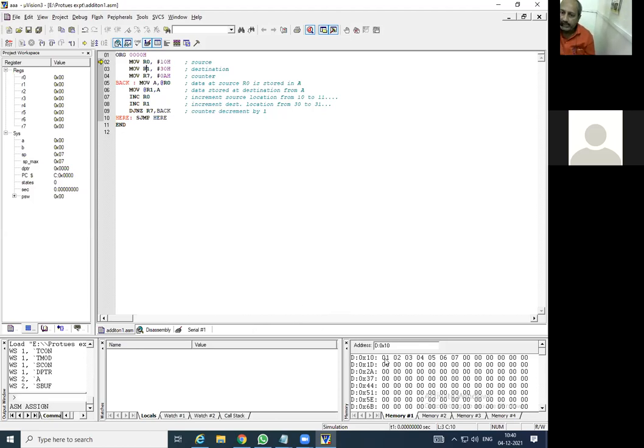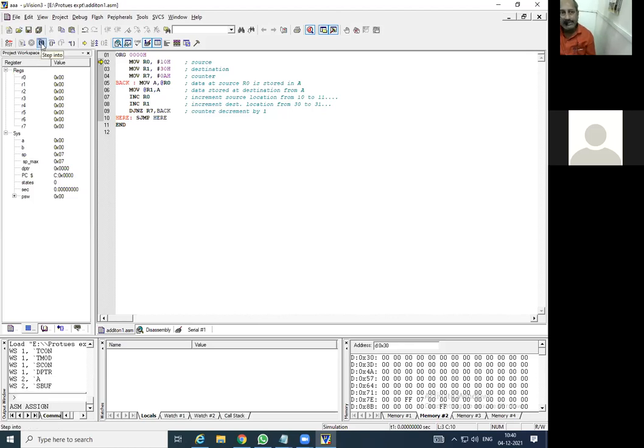So at the source I have modified the numbers. At the same time, I confirm that at location 30 all are zeros. Nothing has been transferred right now. But when I run the program, all this data will be transferred there. We can confirm whether it is done or not here.